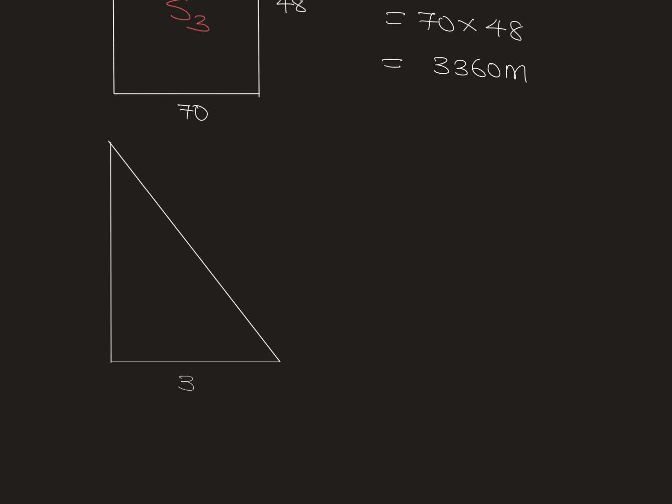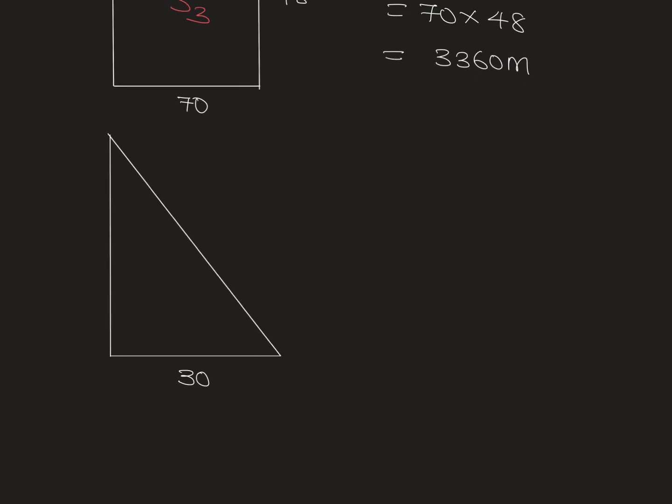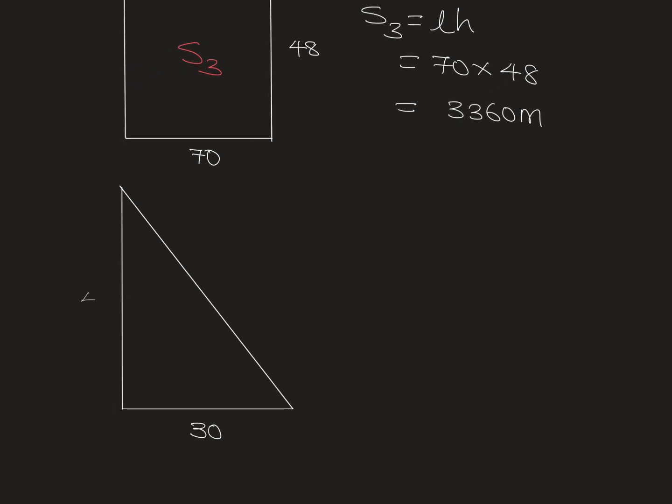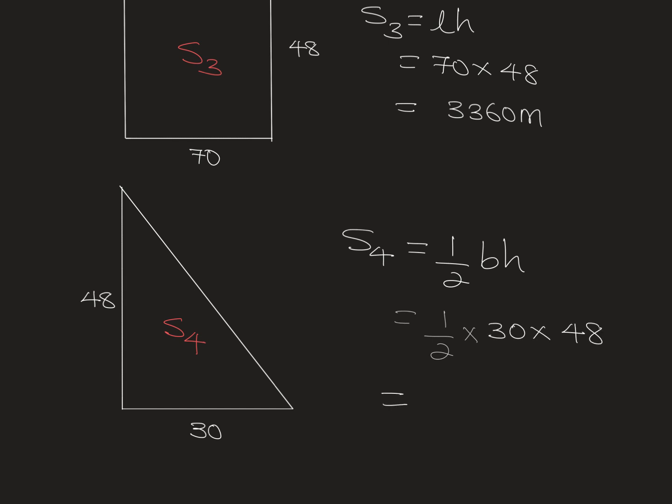The time is 30 seconds and we have 48 here, the velocity. So that is S4. To find the area for S4, that is half the base times the height. So that is half times 30 times 48, and when you do that math, you have